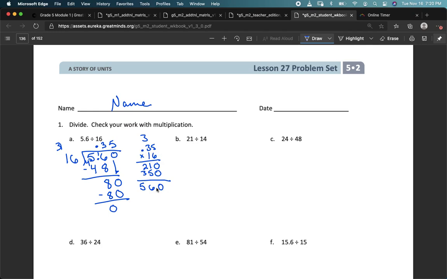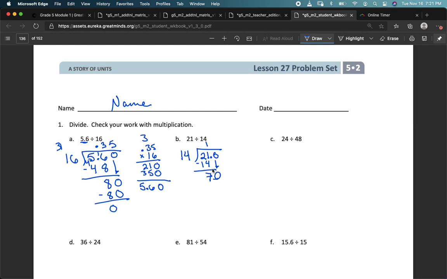1, 2, 1, 2. And I've got 5 and 60 hundredths, which is what I started with, right? 5 and 6 tenths. So there we go. Check my work, and it seemed to work out. The answer is 35 hundredths. Next, I have 21 divided by 14, and 14 will go into 21 one time, right? 1 times 14 is 14. Now subtract, and I have 7 left. So I'm going to add a tenths place